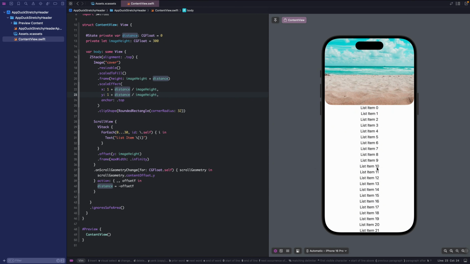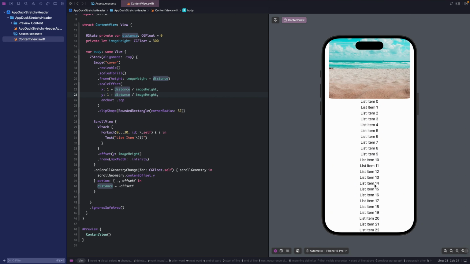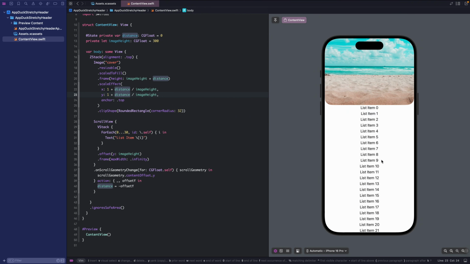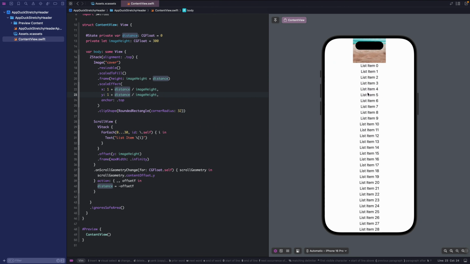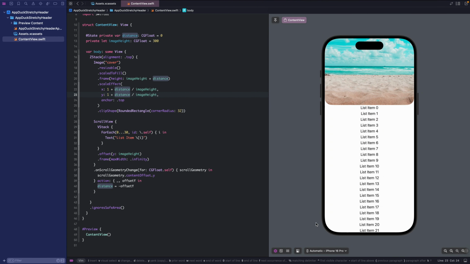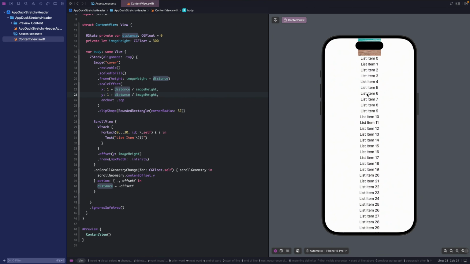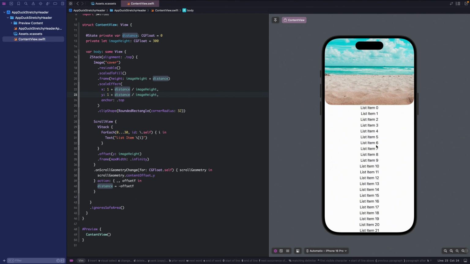And the last one that I've just noticed is that when I scroll up, our scroll view scrolls back automatically. I mean, we cannot see the whole content of the scroll view. Like, we have 30 items here, but we cannot scroll until we can see the 30th item. We'll fix that.